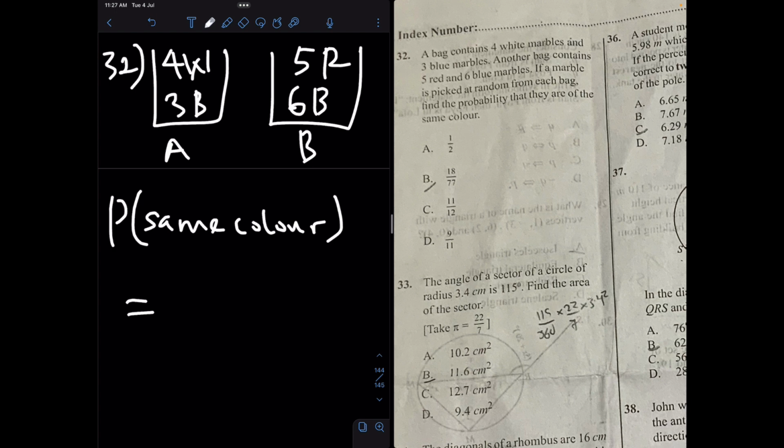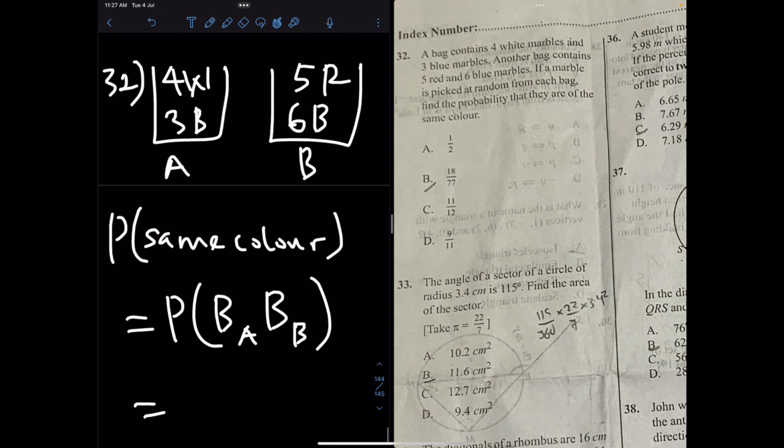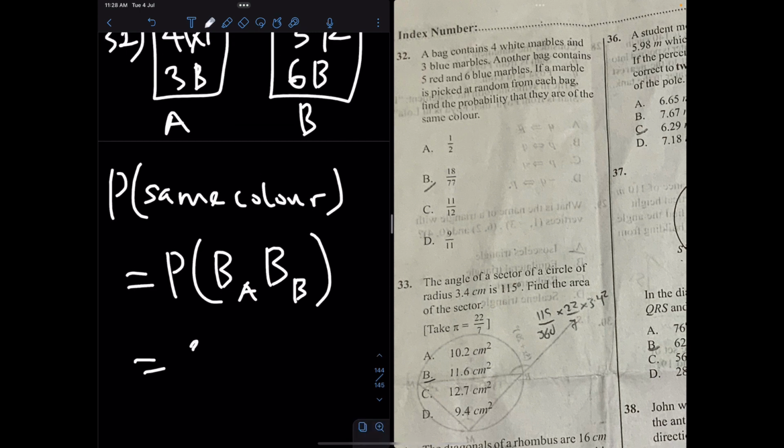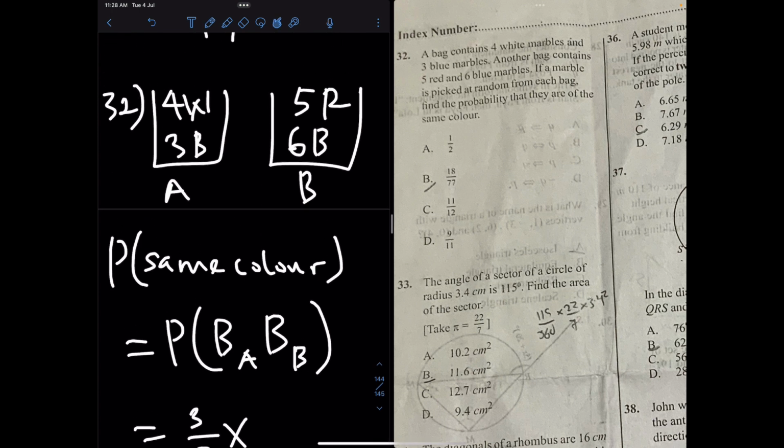That's going to be the probability of picking a blue from bag A and a blue from bag B. That's the only event in which the 2 marbles can be of the same color, and that's equal to the probability of picking a blue marble from bag A. There are 3 blue marbles, so that will be 3/7 because there are 7 marbles in total in bag A, times the probability of picking a blue marble from bag B. There are 6 blue marbles and 11 marbles in all, so the probability of picking a blue marble from bag B will be